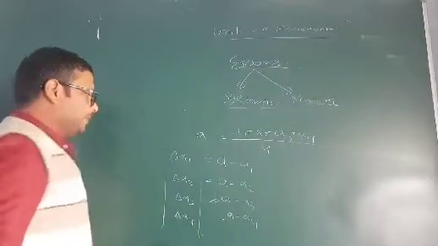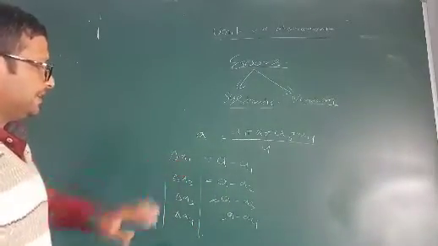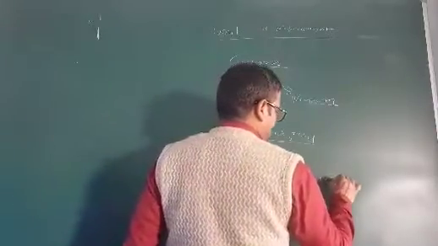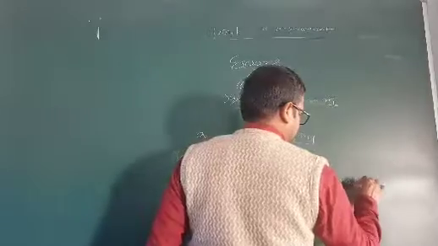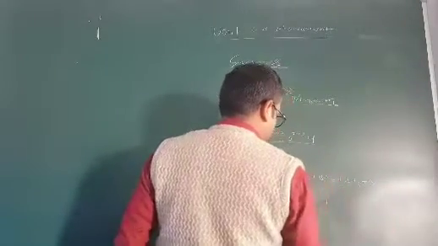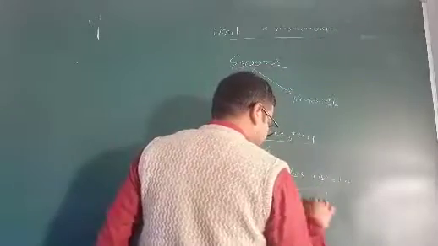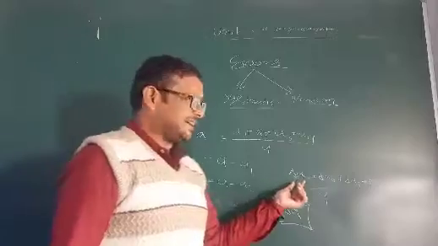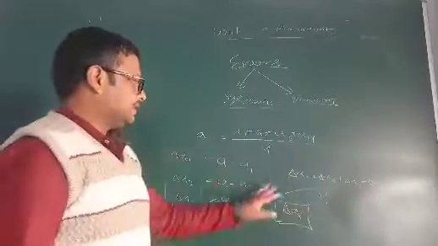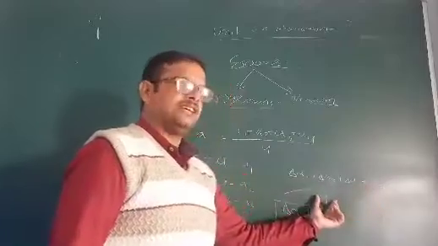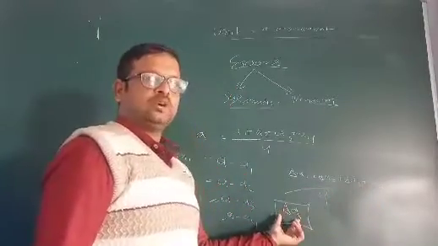Okay, when you get the mean of these errors, that means delta a1 plus delta a2 plus delta a3 plus delta a4 divided by 4, this comes as delta a. This is the absolute error. So what does delta mean? Delta is the difference: the difference in the first error, second error, third error, fourth error. When you get the average of the errors, this is the absolute error.